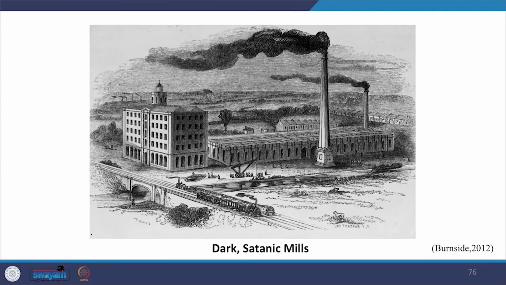Working conditions were likewise poor in what one contemporary called the dark, satanic mills of industrial Britain, because wages were so low that a man could not support a family. Women and children also worked in the factories. Workers worked 6 days a week and the working day was often 14 hours in length, and there were virtually no holidays and no benefits of any sort.